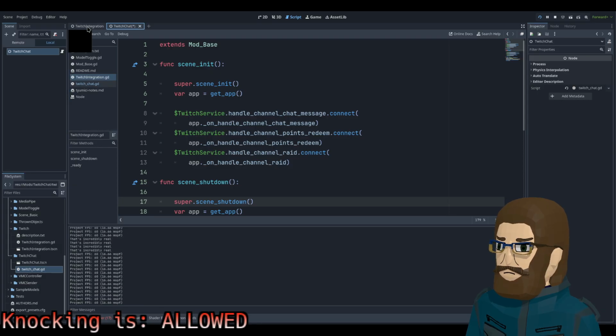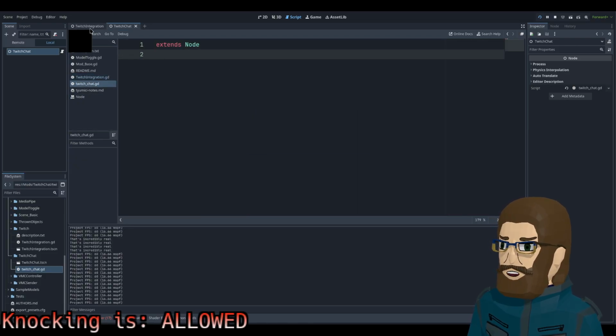Although, shouldn't these switch between the two files? Why don't these switch between the two files? Can I actually split view this? Can I split? No. Yeah, maybe this is a bug. I don't know, that it's not doing that.